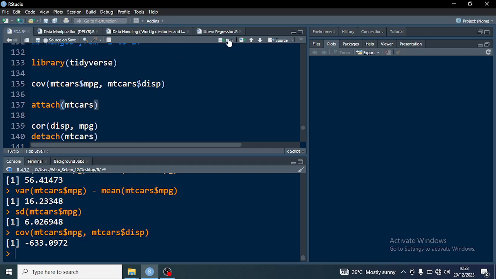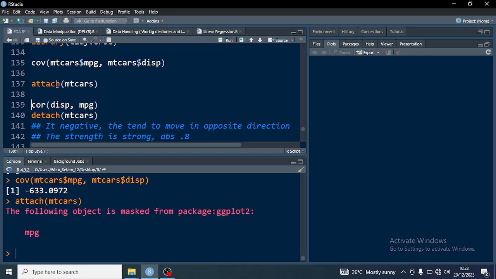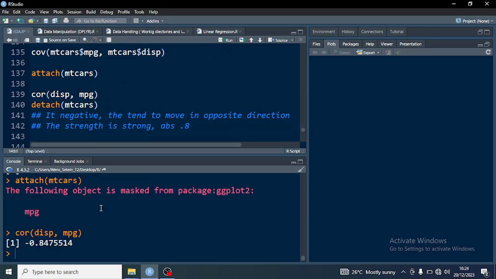Let's run this: attach mtcars. What does the attach function do? It allows you to access the columns of data frames without using the $ sign. So I'm saying the correlation. So here I'm using correlation now. I want to test the correlation of displacement and miles per gallon. So that it is. So the correlation is